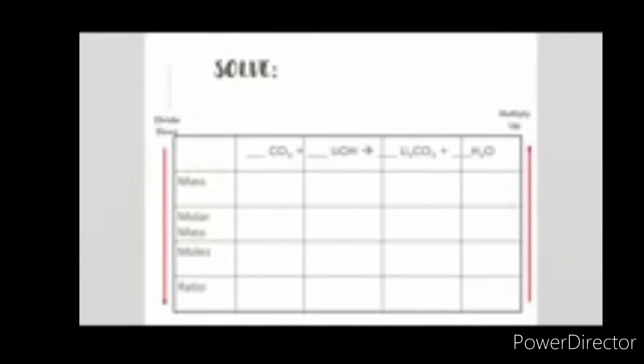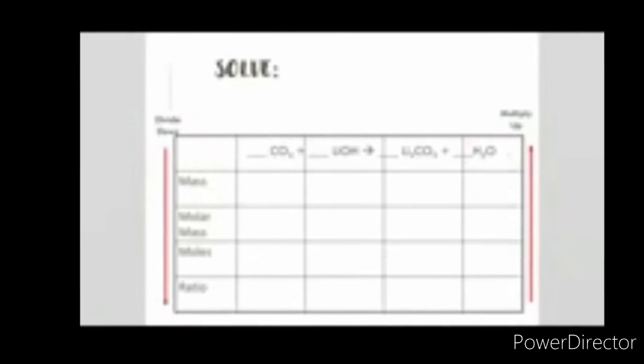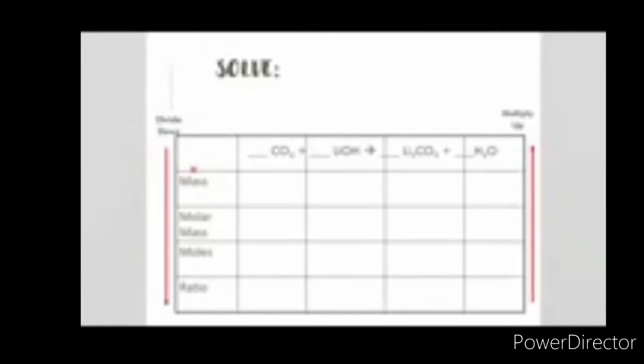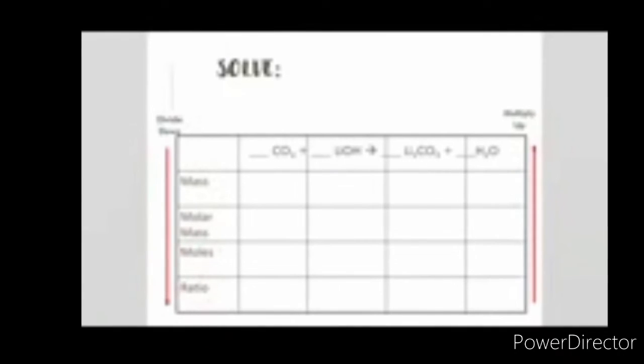I put the balanced chemical equation in the table, with each reactant and product in a cell, so they represent a column each. And then down the side, we have our mass, because that's what will be our starting point. The molar mass, the moles, and then whatever the coefficient ratio is in front of your